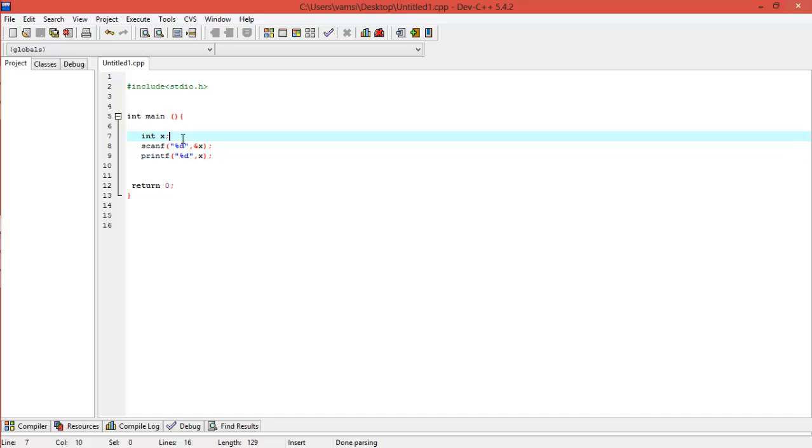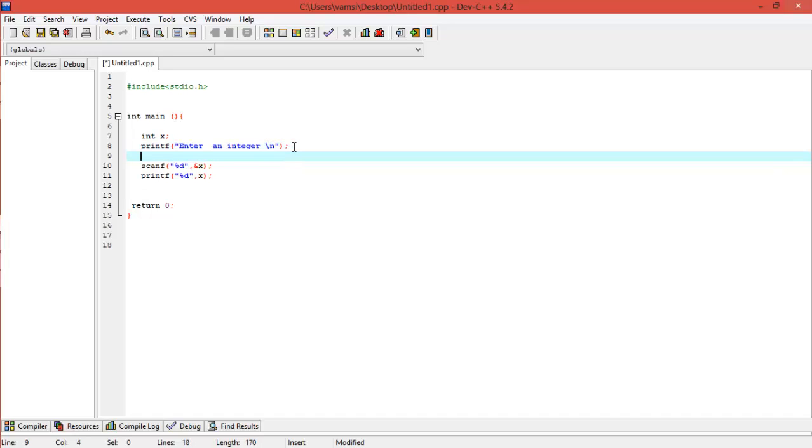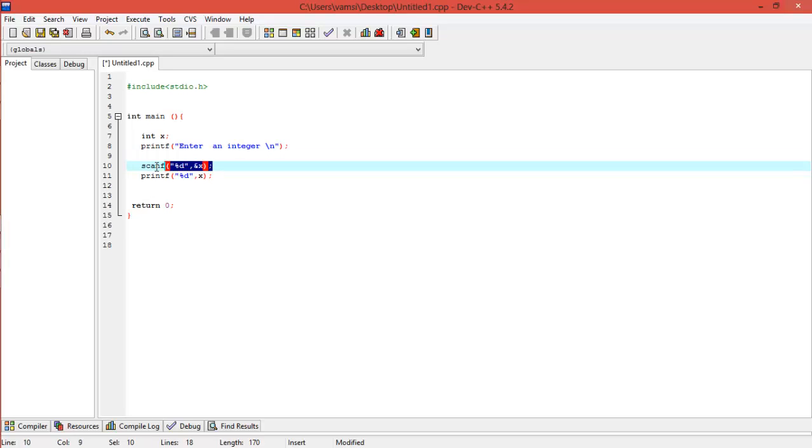We declare an integer x, and then let's tell the user to enter some number. Enter an integer. So now the statement will be output at first. So now it'll be waiting for an input. When the user enters the input, the scanf statement will look for that input and it will be stored in the